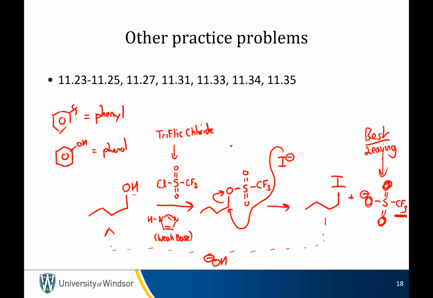Over here, plus HCl. So it's going to combine with that chlorine. And that's actually going to exist instead as the imidazolium. So the imidazole is going to react with that. So what you're actually going to have is that. But that's okay. Yeah. Mesylates and tosylates are the same kind of thing as triflates. This is called a triflate. I'm going to mention mesylates and tosylates later, because we're going to come back to this idea again.